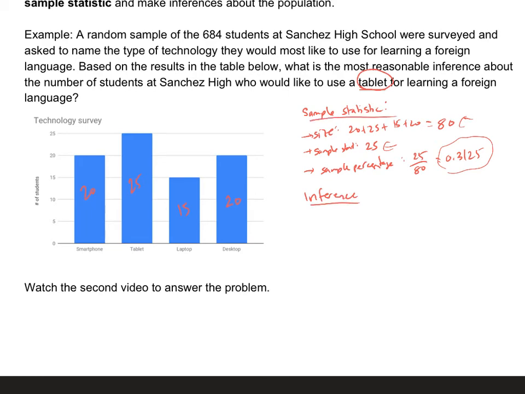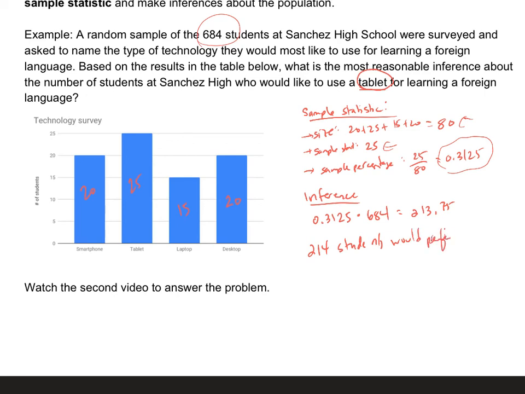And my inference is, if I actually found the sample statistic and my sample matches my population in like traits, then the same percentage or the same proportion of my entire population should have the same trait. So if I multiply those two things together, I get 213.75, which implies that you could either answer 213 or 214. I'm going to use 214 here. That 214 students would prefer,